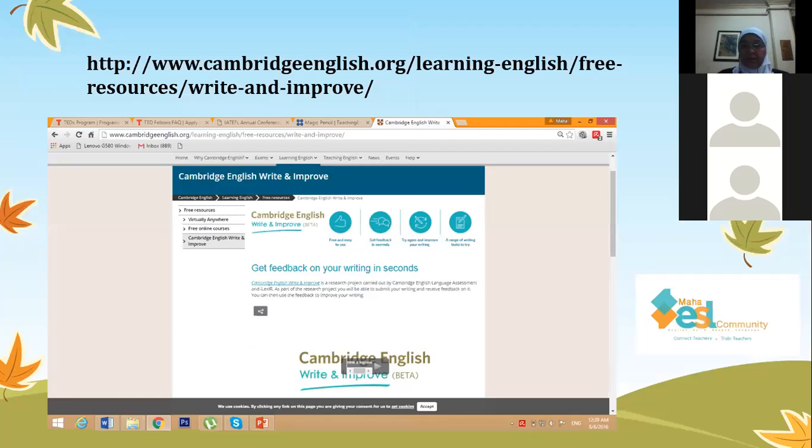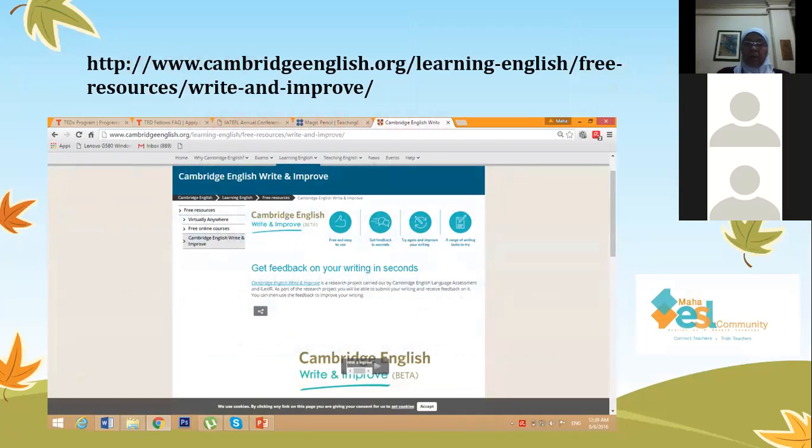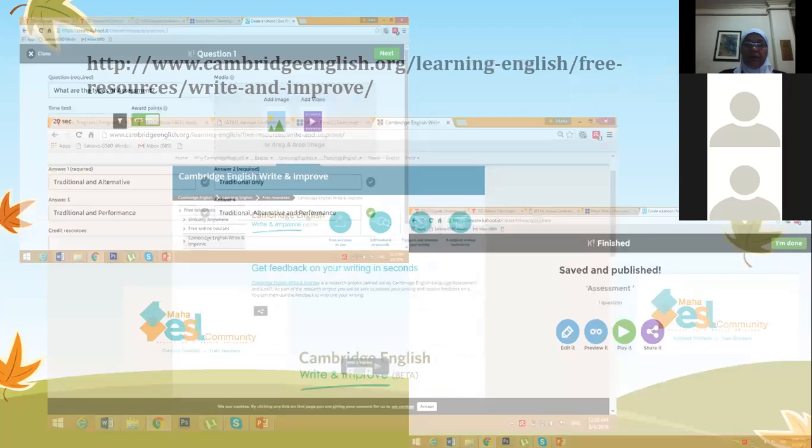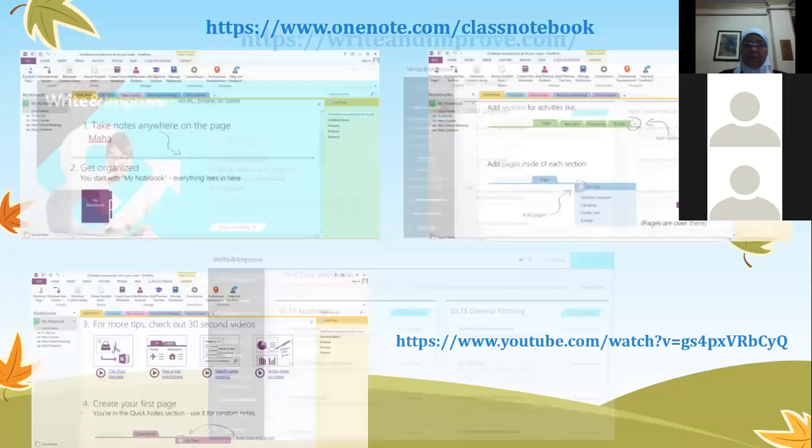And again, this is beta. This is Write and Improve of the Cambridge one. This is the old interface of the app. So far we have dealt with about 5 or 6 apps that have to do with assessment online, and